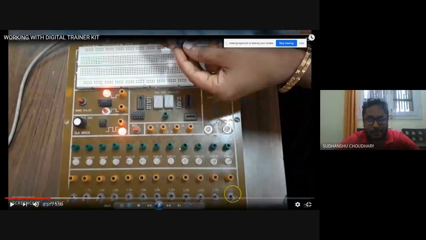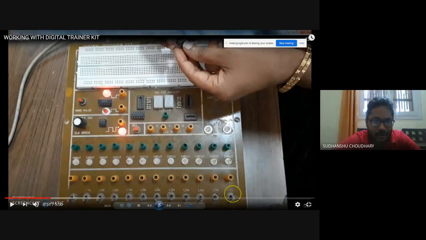Then maybe there are different kinds of boards available in the lab. One of the boards may look like this. In this board, you will find there is a wish board, or what we call the breadboard, on the top, and in this portion you have an option of connecting pulse inputs. So pulse input sources are present here.